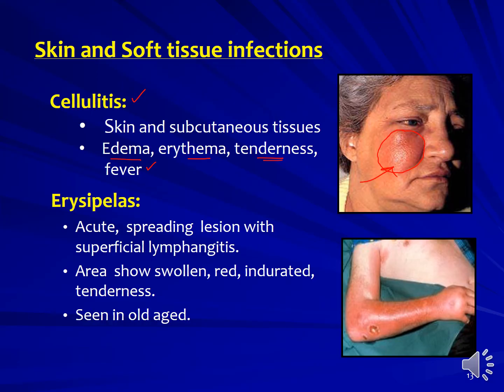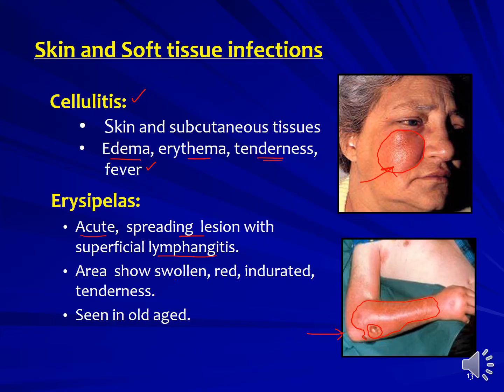And next one is erysipelas, another important skin infection, which is an acute and spreading type of lesion with the involvement of superficial lymphatics and produces lymphangitis. See here in this photograph, the lesion is here actually, but if you see the hand, the entire hand, see the glistening and redness of this entire hand, how the lesion has been spread. So this is how erysipelas will spread with the involvement of local lymphatics,